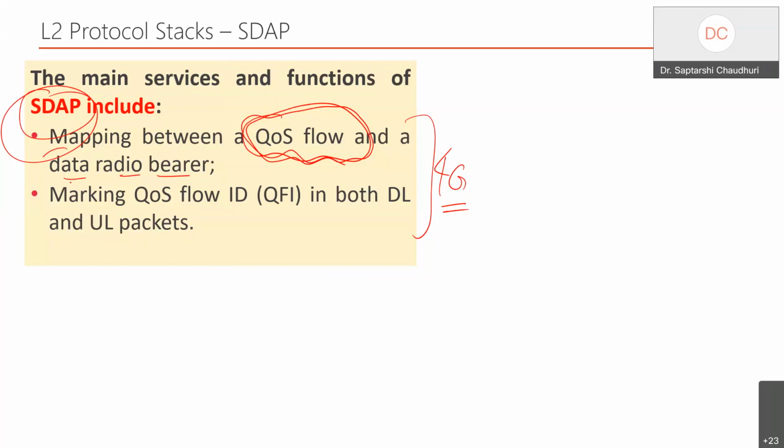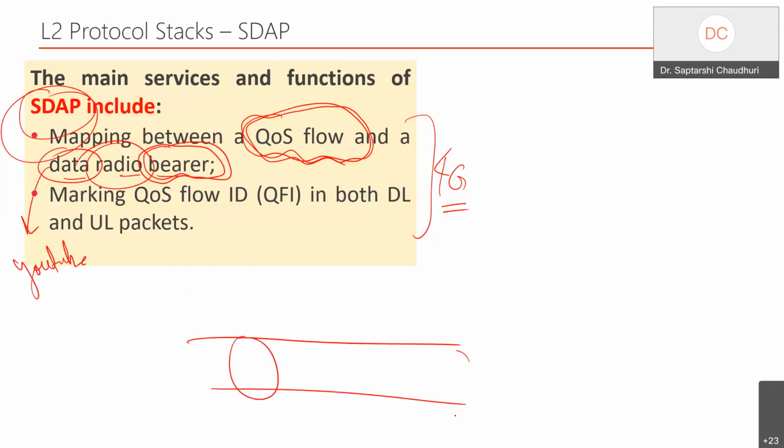I told you, data means immediately, if you strike out, this YouTube data or voice or whatever. Radio means it has to go to the radio, and bearer means that it has to be transferred through some mechanism. So now the question is that I have given you a pipe. This is my pipe of transfer in the air interface. Now in this air interface, if I want to transfer a packet, what we used to do in the 4G world is you just take that packet and just put it to the scheduler.